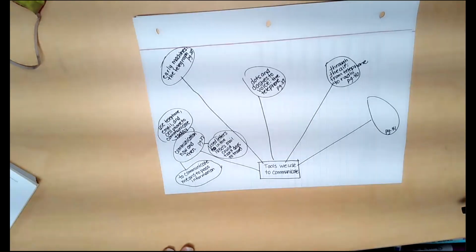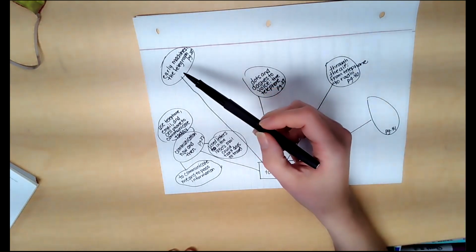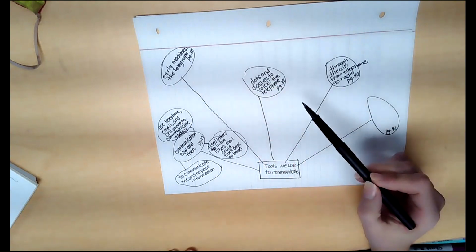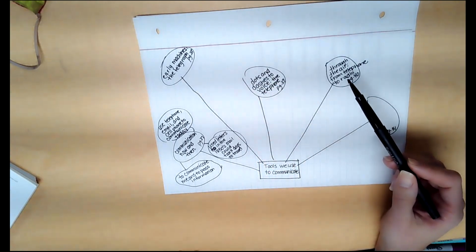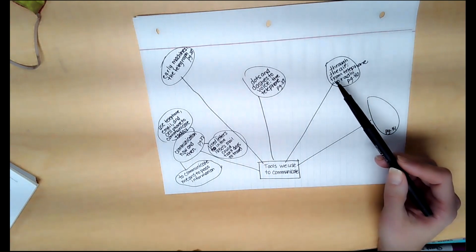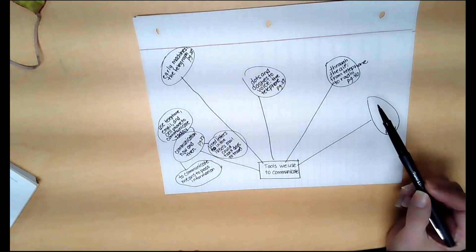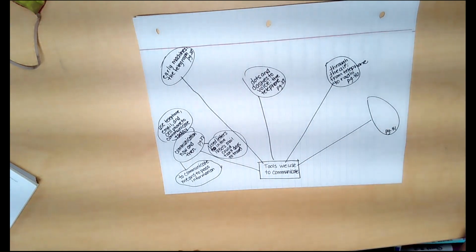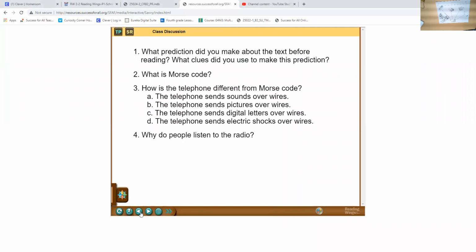Okay, so now that you're back, hopefully you filled in the main ideas for each page. So I have early machines, the telegraph, dots and dashes to voice the telephone, and through the air from telephone to radio. And then we're going to be reading this one next time. So you're going to go back. If you need to pause that to write those down, that's fine if you're watching it at home. You're going to answer your questions.